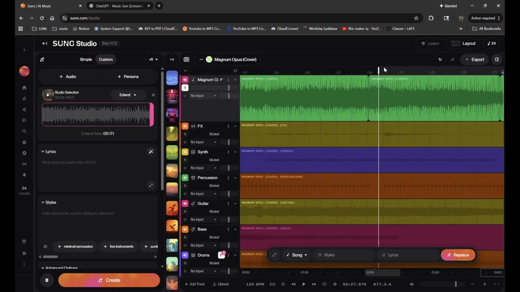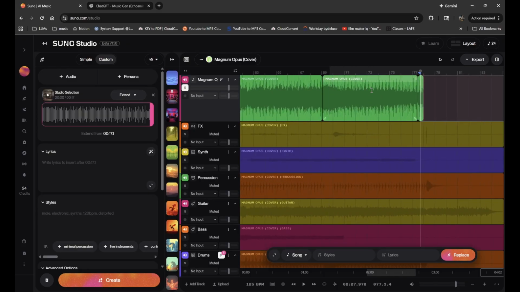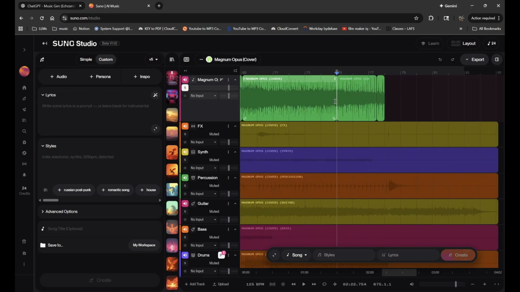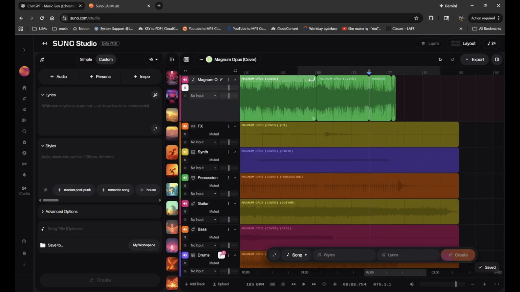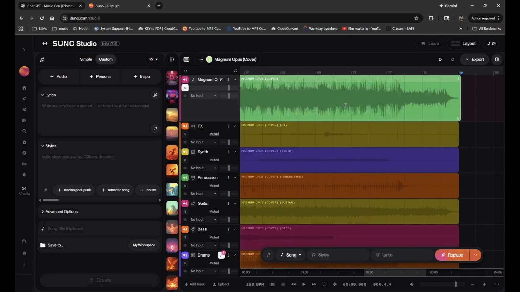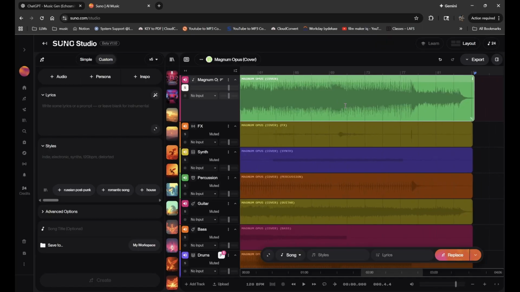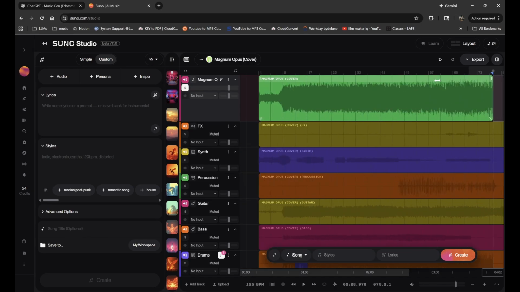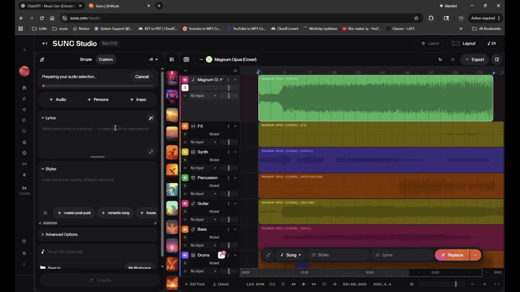So it's going to pay attention to all this to try to make the next bits of audio, which is really important. Because for example, whatever you're throwing into here, if you have it be too long, let's say we just had the one audio clip, all this, and I want to extend from right here. So I'm just going to erase that. Okay, so I got my full song. I'm throwing it into context. Ideally, this is what we want to do, but